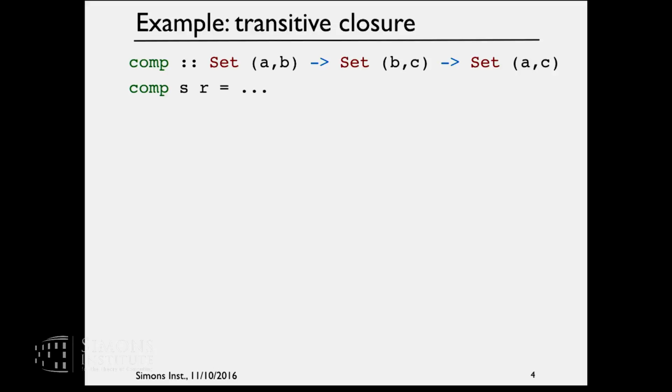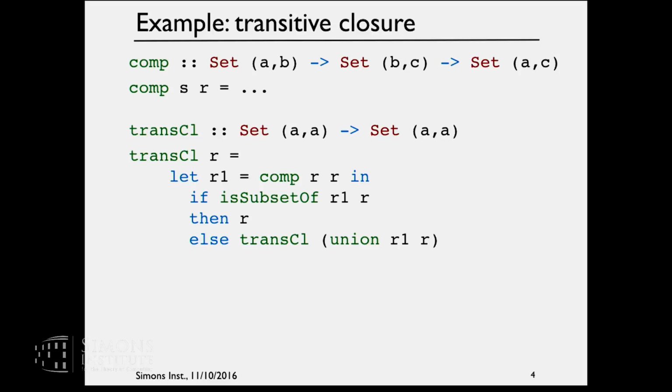So first I might begin by defining a function of this type. This is a polymorphic function that for each three types A, B, and C computes the composition of two relations. I won't define it here unless you want me to. It is a two-liner. And then using this function, it's a rather boring thing. This is perhaps slightly more interesting. Using now this function that computes the composition of two relations, I can compute the transitive closure of a relation, which is now of this type, giving an endorelation, say, on type A. I can compute its transitive closure by saying this.